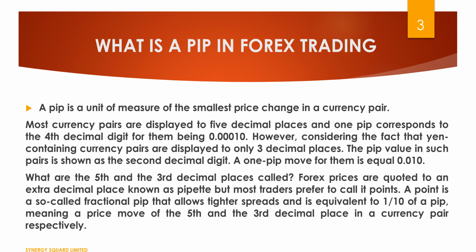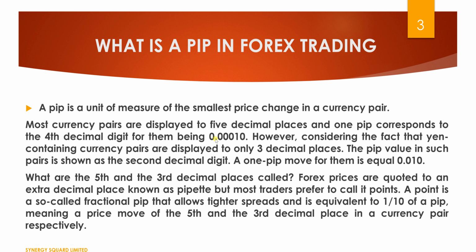Yes, in this lesson we'll be considering what is known as a pip in forex trading. Simply put, a pip is a unit of measure of the smallest price change in a currency pair. Most currency pairs are displayed to 5 decimal places, and 1 pip corresponds to the fourth decimal digit for them,